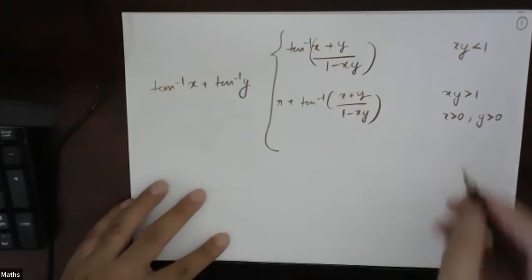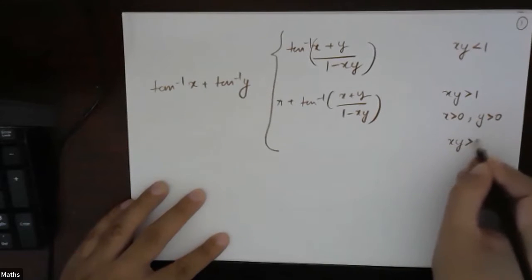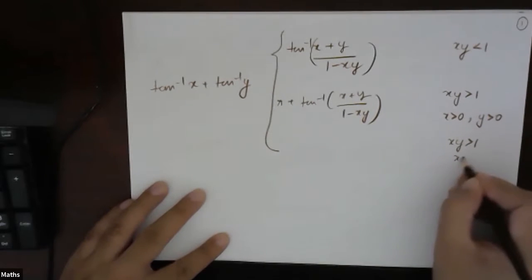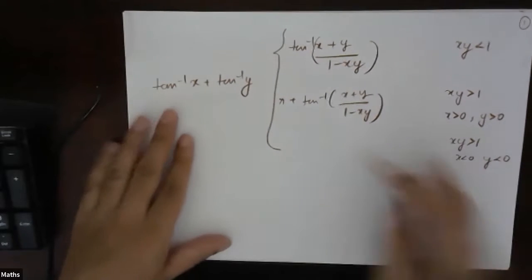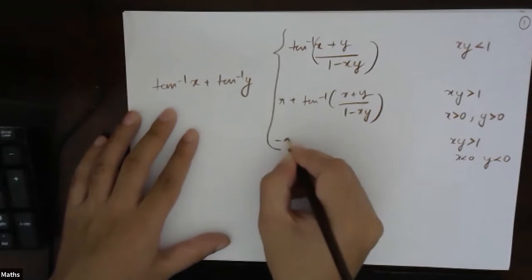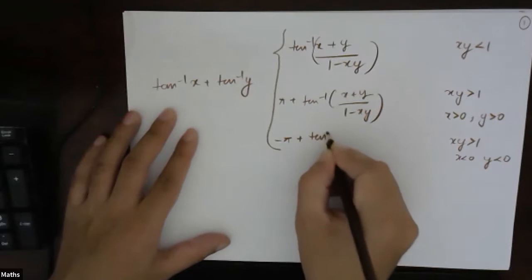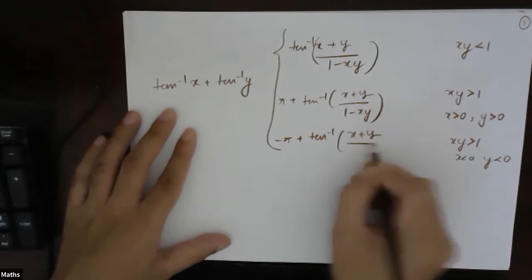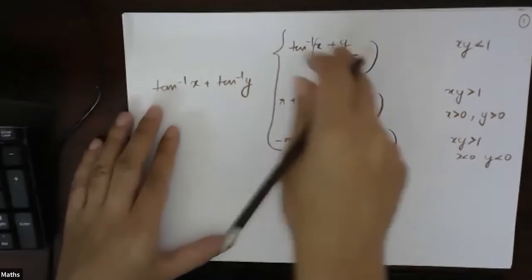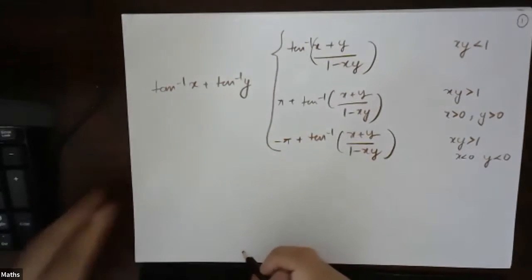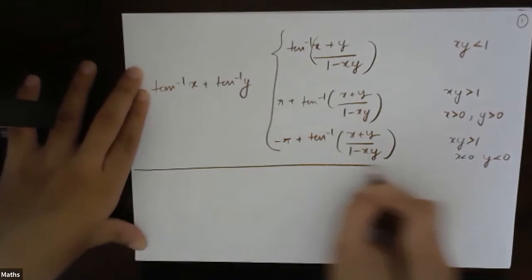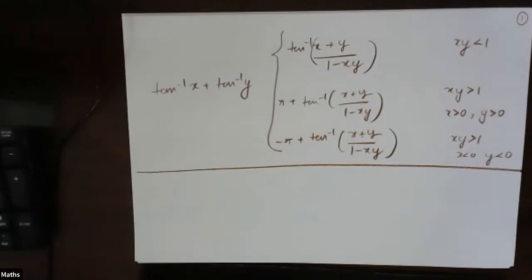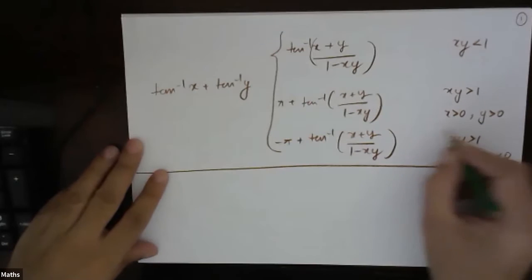And the last one is, if xy is greater than 1, and x is less than 0 and y is less than 0. In this case, we'll have minus of pi plus tan inverse x plus y upon 1 minus xy. Okay, just copy this once again. The second set of properties,